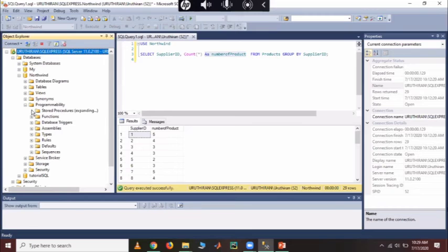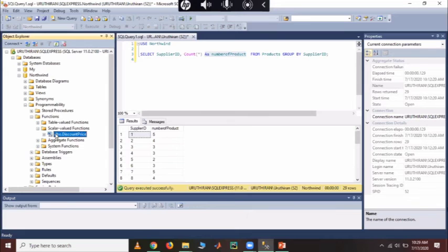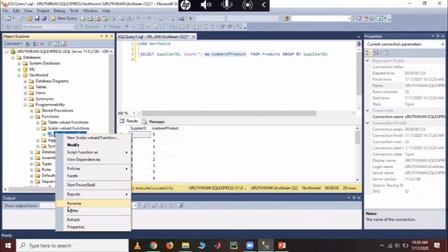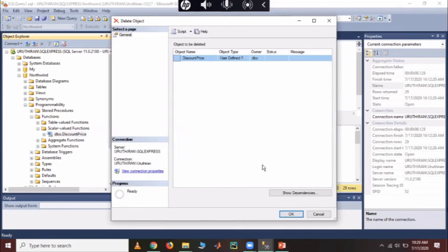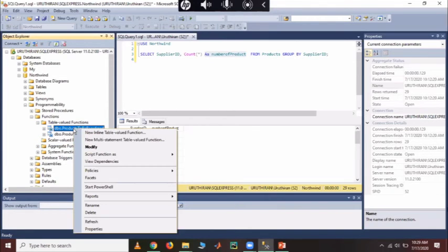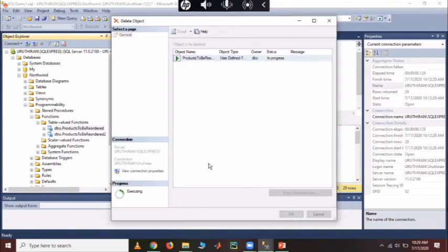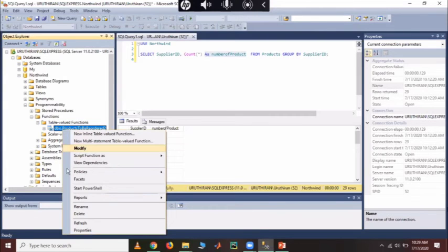This is the stored procedure, yes, some procedures are there. Under functions there are table-valued functions and scalar functions. The discount price function is there, so I can remove this function first. Delete. Now there is no function. Since the function already exists, you can't create the same function, therefore I am going to remove it.